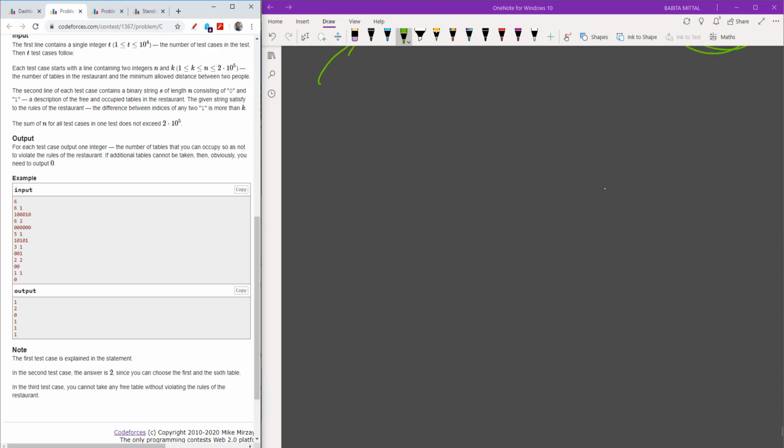So first of all, my n is 6, my k is 1, and my string is 1 0 0 0 1 0. When I first see this, I check whether it is possible to make this 0 a 1. The indices are 0, 1, 2, 3, 4 and 5.